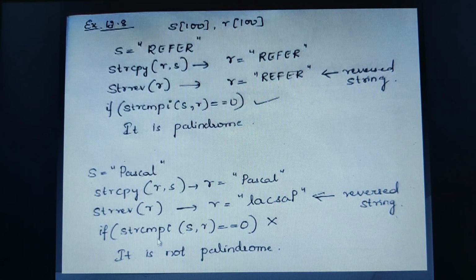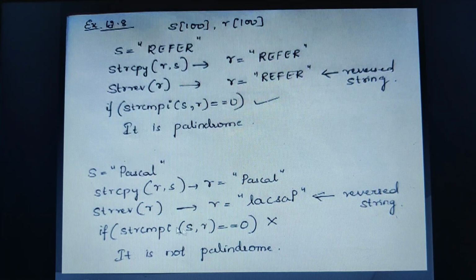Now I am going to compare with string compare I. That means this is how the comparison will be made. R will be compared with S. What is the ASCII value of P? What is the ASCII value of L? The ASCII value of A matches. Yes, and C doesn't match there. Some difference we are getting there. So they definitely will not be equal, isn't it?